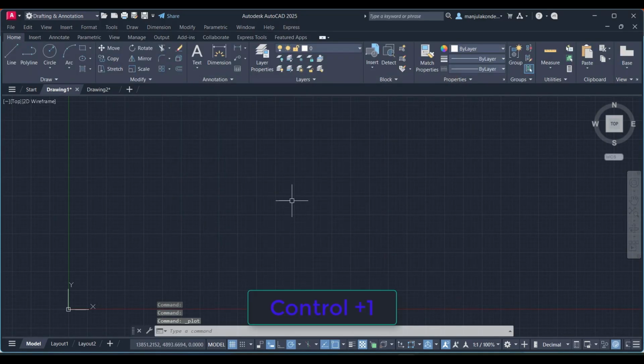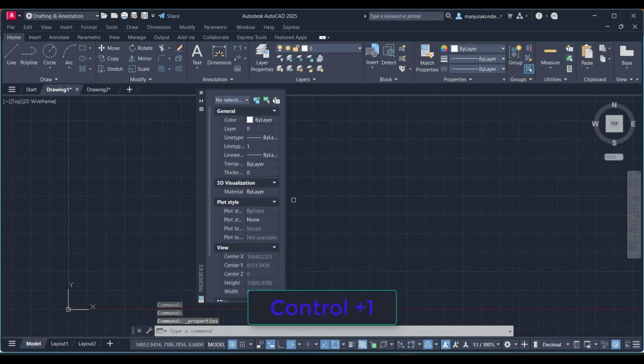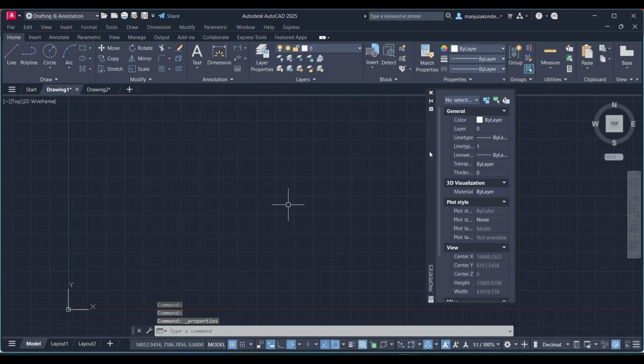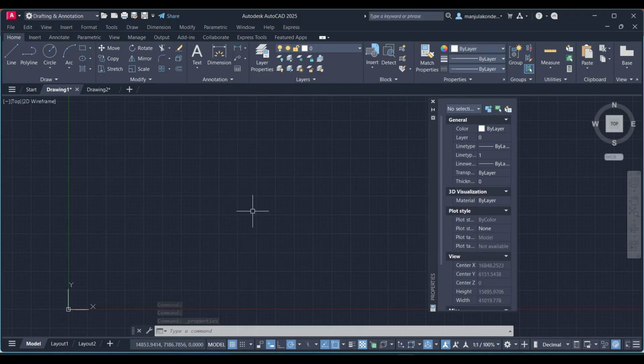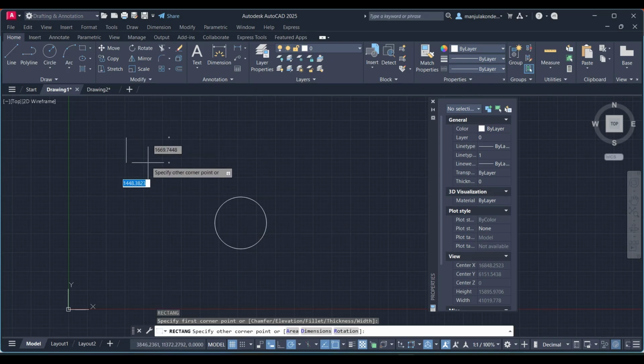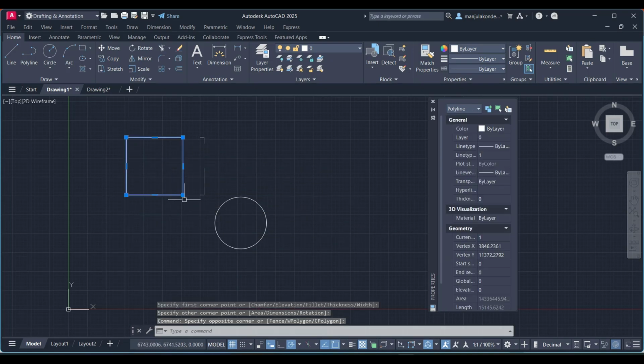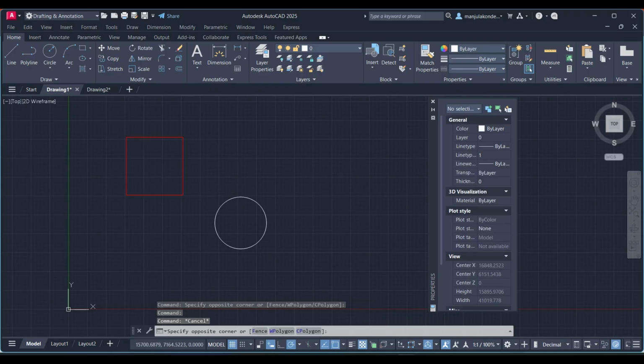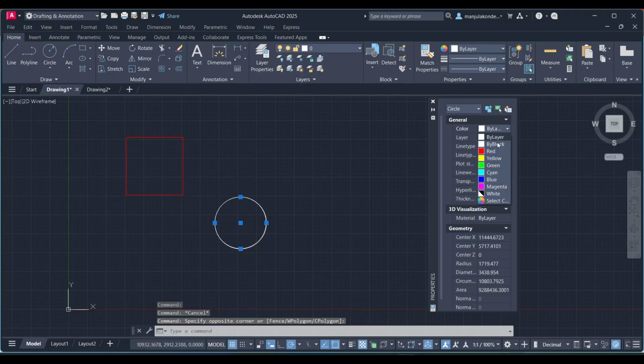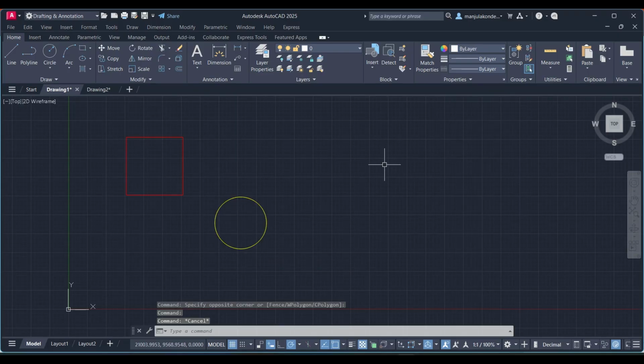Then Control 1, that is your property bar, characteristics bar. For example, when you draw any command and if you want to change the properties of those, then you just select it and go here and change the property of the particular shape. So this one you can access by using Control 1